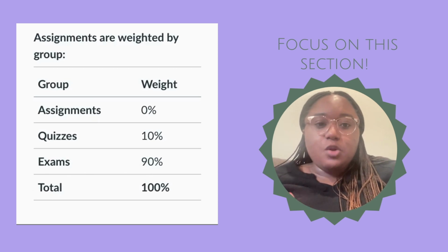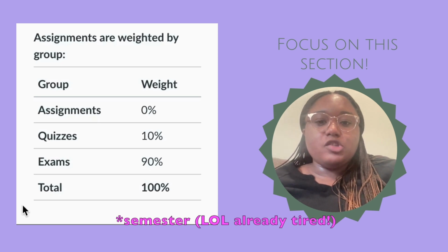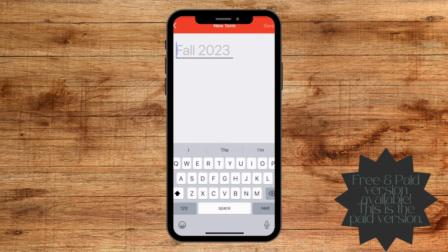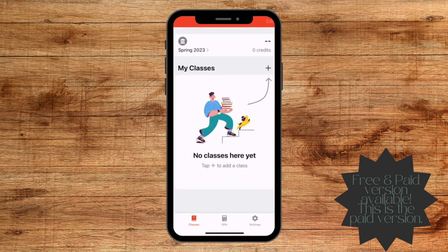So next I'm going to show you how I enter it into the app and how this is just going to help me tremendously throughout the summer to make sure that I'm on track to get the grade that I want. Okay, so I'm going to open up the grades app, and right now I only have fall and summer. So I'm going to add a new tab, and I'm going to put spring 2023 for the new semester. Now that I've done that, I can close this out